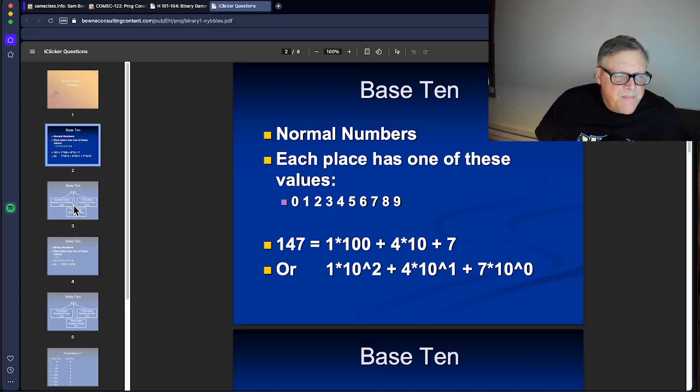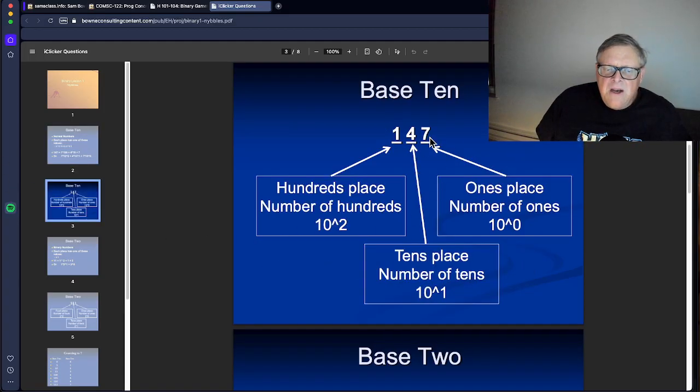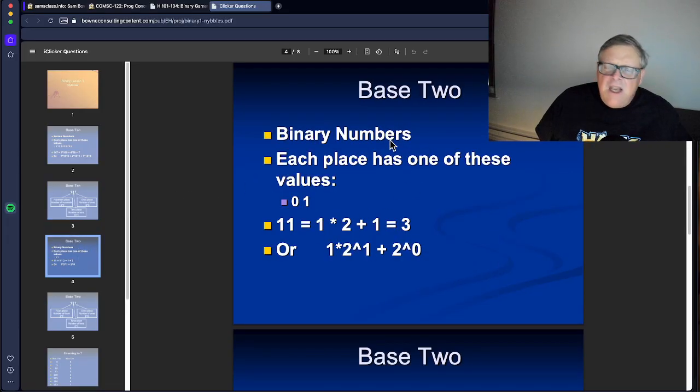Anyway, so, all right. This is what you mean. The number on the right is the number of ones, the next number is the number of tens, and the next number is the number of hundreds. That's how you read base 10. Now, in base 2,